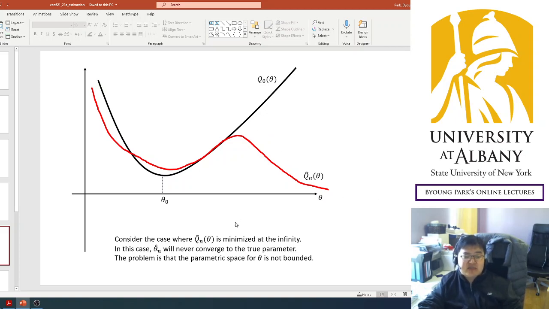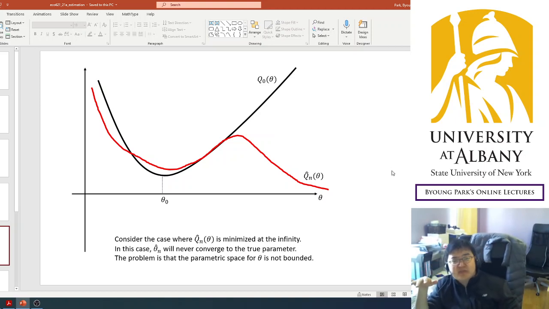So in this case, the estimated criterion function has its minimum only at the infinity, right? Because of this, your minimum is always at infinity, and it will never converge to the true parameter. So you don't know what's going on in this area. So you don't know what's going on at infinity, and